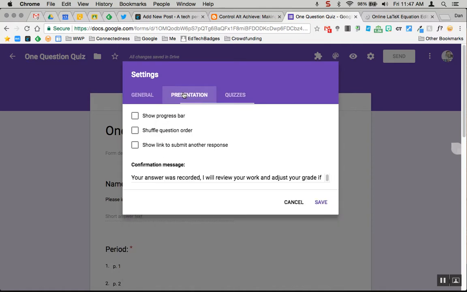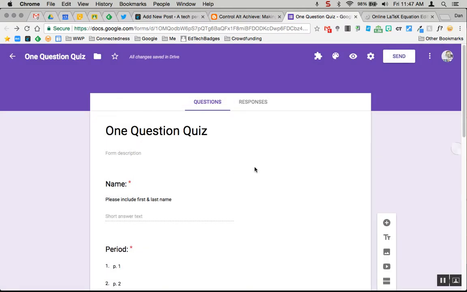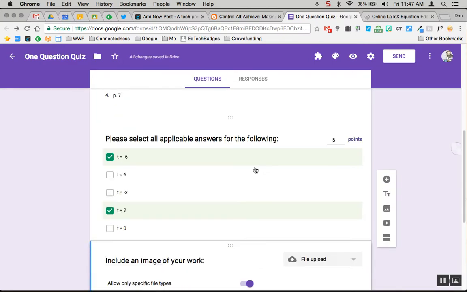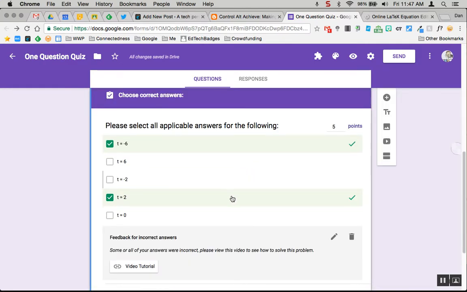I also have here a confirmation message letting them know that based upon what they submit, I will go back in and adjust grades if needed. And now I'm going to explain why that's in there in a second. So I save that. And now what I can do is when I go in and I'm working on a question,